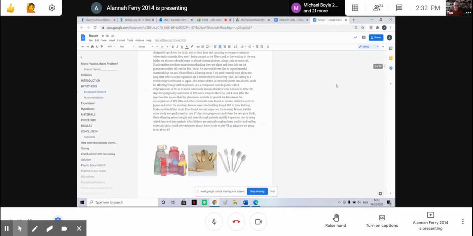So microplastics or polyethylene can absorb a thing called BPA, and it can also absorb motor oil. So if there was plastics floating